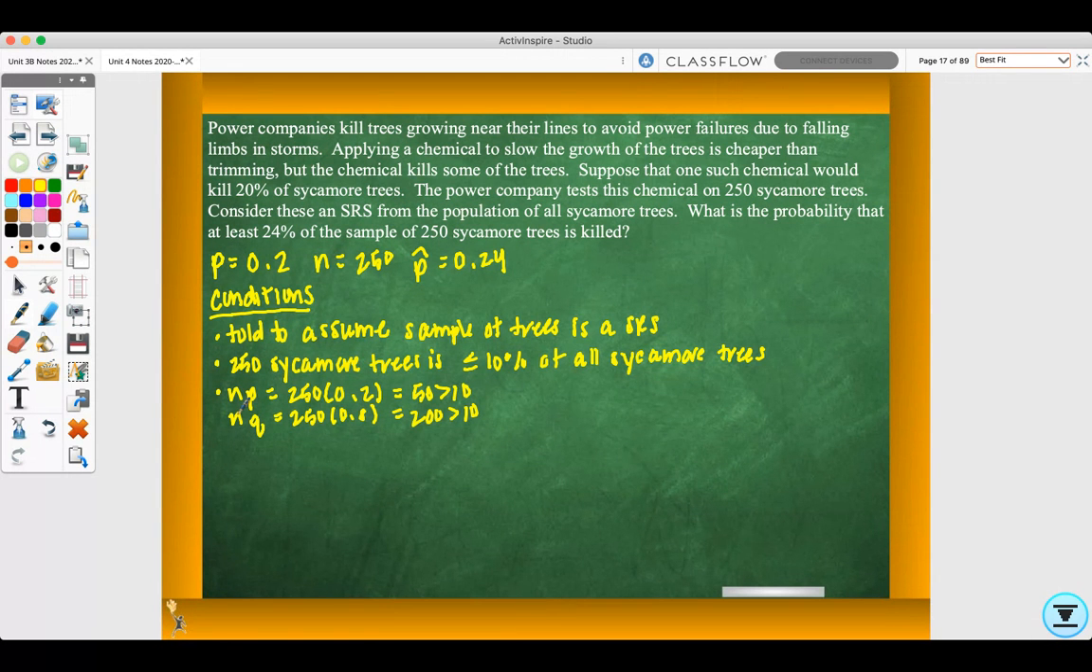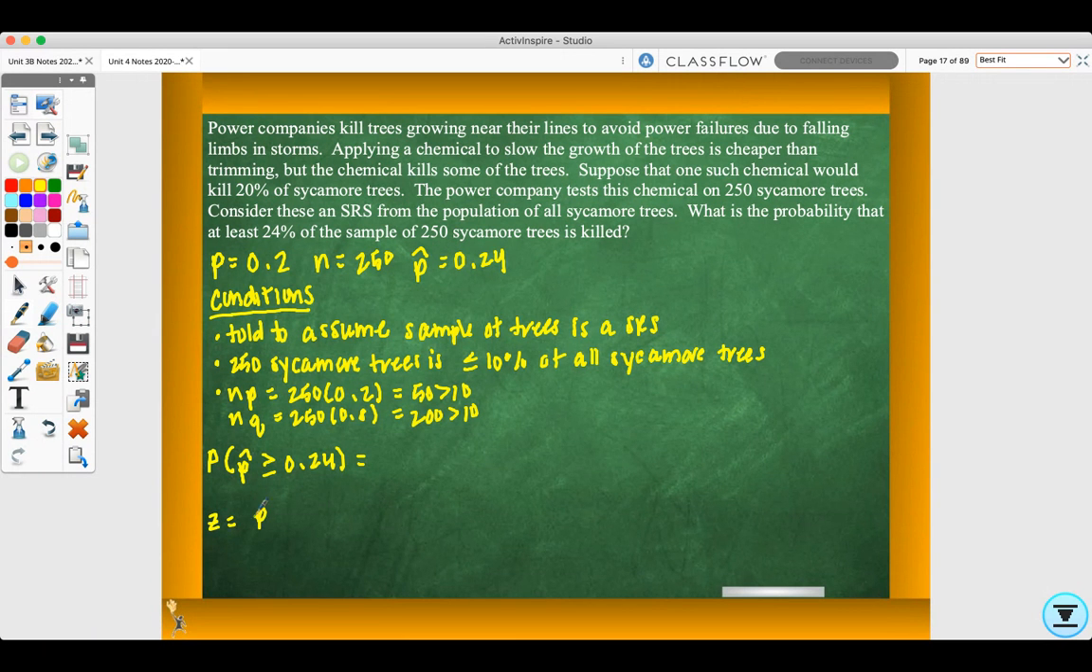So now we can go ahead from here and find the probability that at least 24% of the sample of 250 sycamore trees is killed. So we're finding the probability that p hat is greater than or equal to 0.24. And what we need to first do is find our z-score, our z-statistic for this. And we'll end up having to draw a picture. So to find z first,